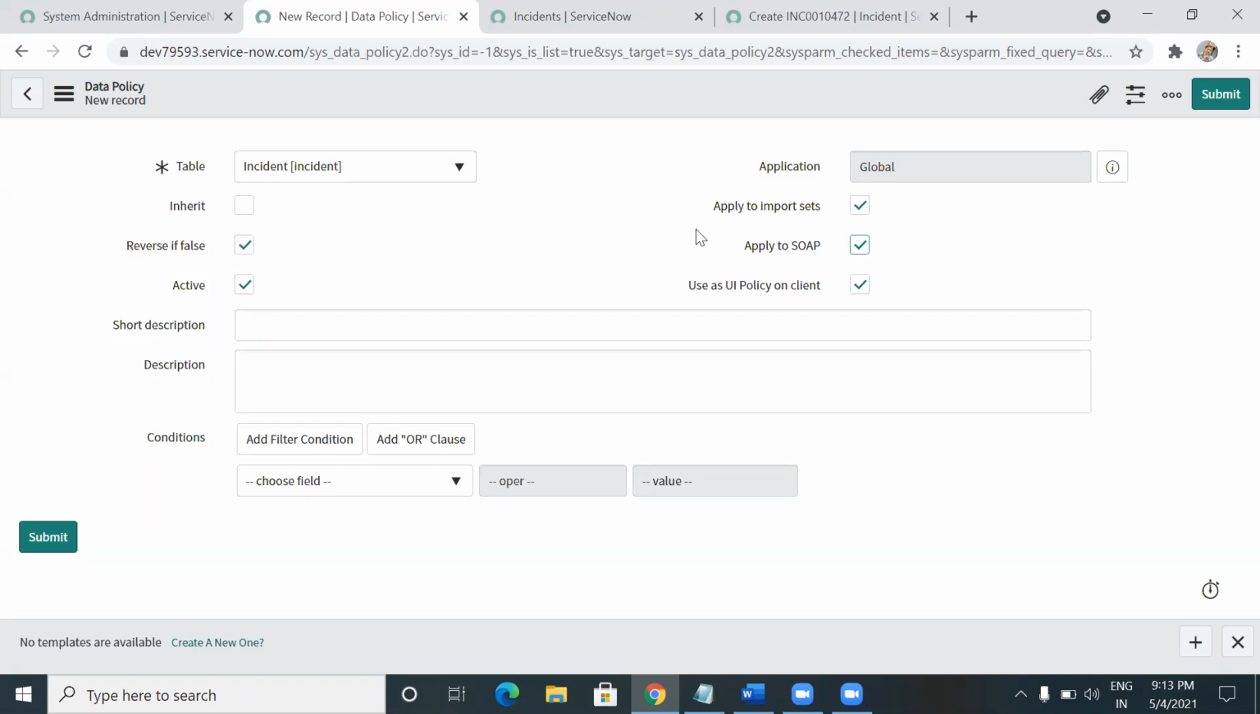Now let us discuss the new points you have in data policies. The first thing is Apply to import sets. As we discussed, the sys_data_policy is on the server side. Server side means we are getting data from an external resource or web services, maybe from REST APIs. See here, SOAP, simple object access protocol, is an integration. So if you want to give this data policy condition for all the import sets or for SOAP,